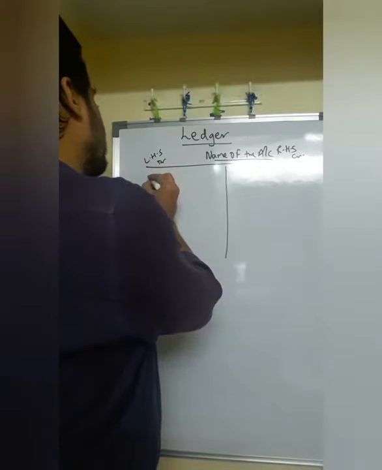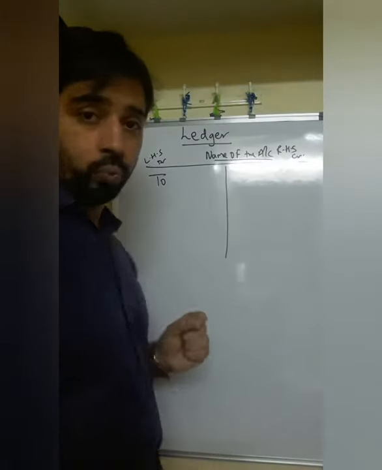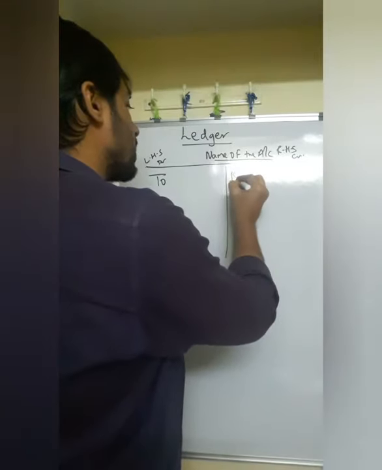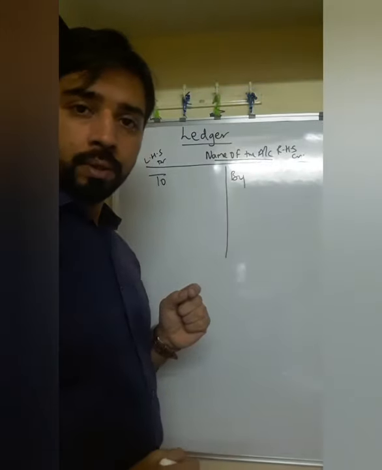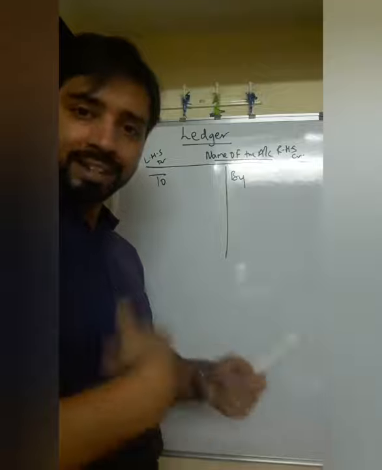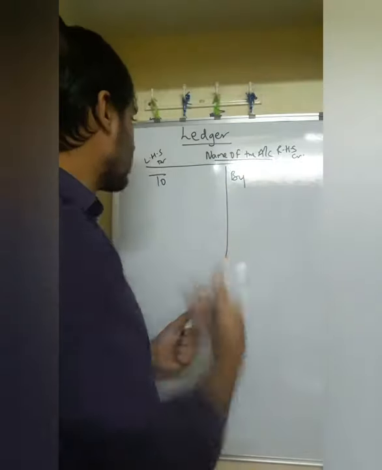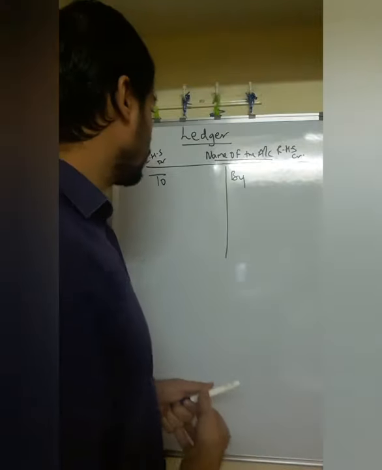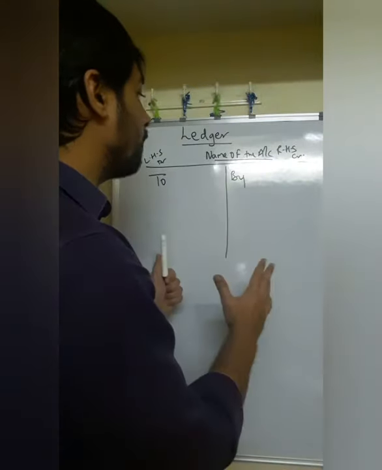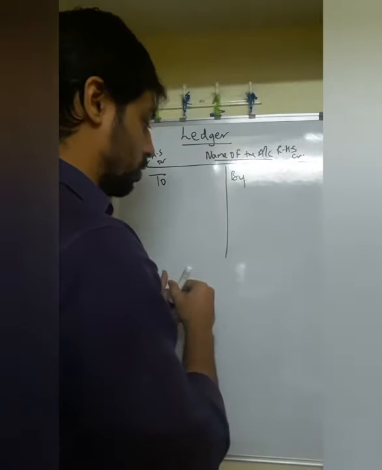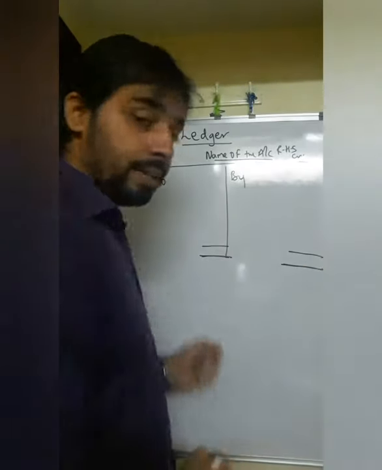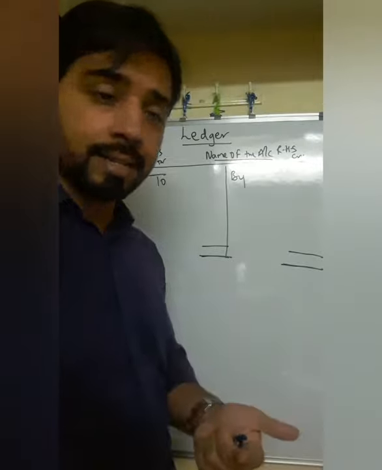On the left hand side, the debit side, we always start with the word To. Which word do we always start with here? To. And on the right hand side, we start with the word By. So the posting of the journal entry, what we call transferring, is done in a particular ledger account. Whichever account it belongs to, the posting will be made in that ledger. Then finally, when all the posting is done, you close the ledger. You do the totaling. That is what we call casting. Totaling, the accounting term, is casting.